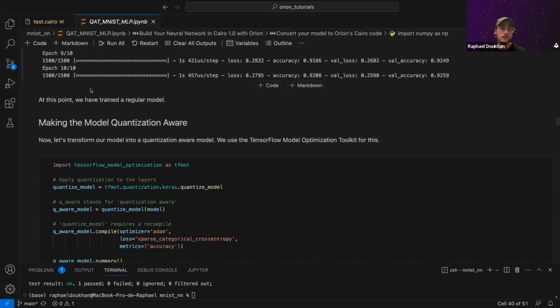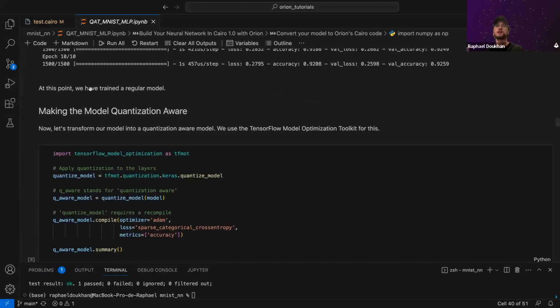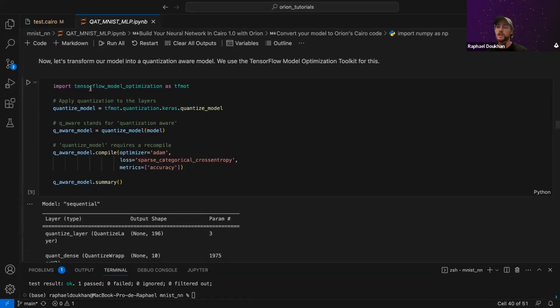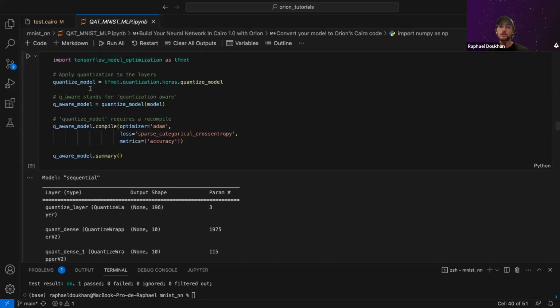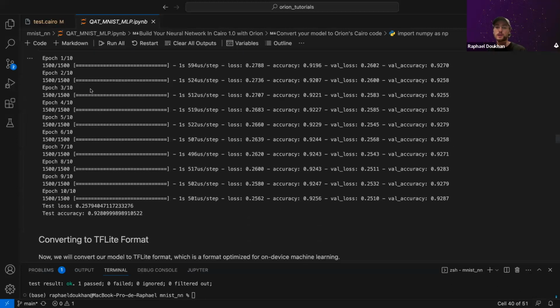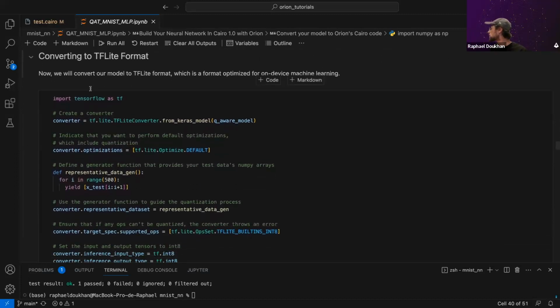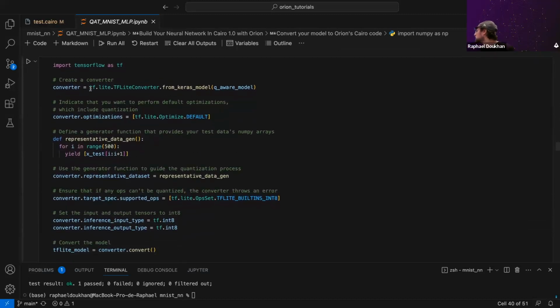Here I train it. And then because I'm working with quantized data, I like to do quantization aware training. For people who are not familiar with it, it's a way to fine-tune my model with a quantized data set, so my model is aware of quantization. It will improve the accuracy in some cases. So this is what we do here. We just retrain the model with QAT, quantization aware training. And now that our model is aware of quantization, we are able to quantize it. We'll quantize it in integer 8.